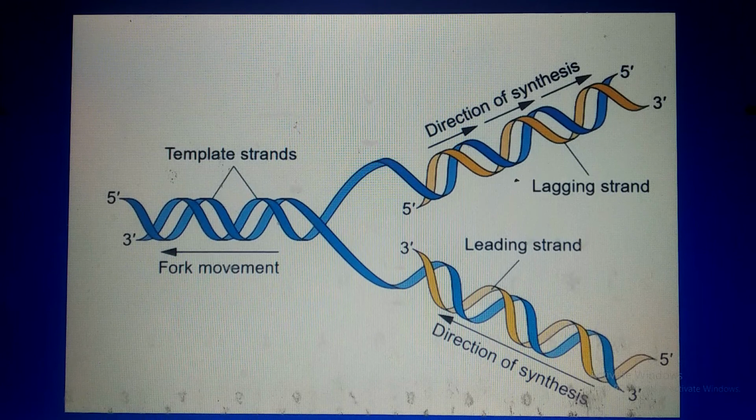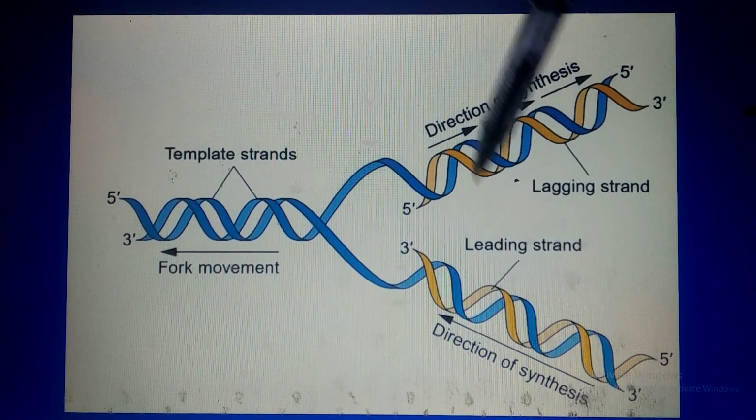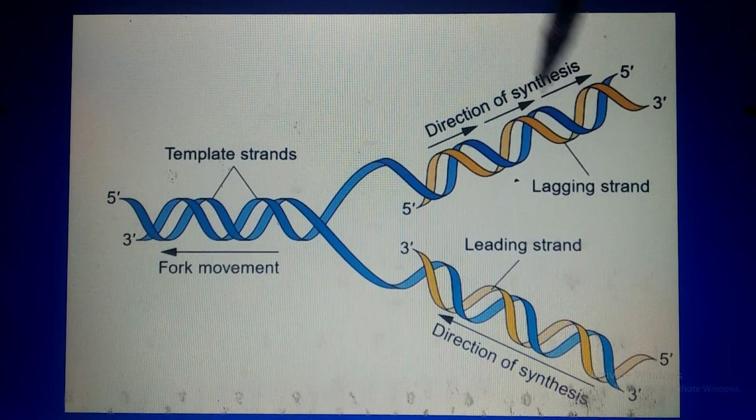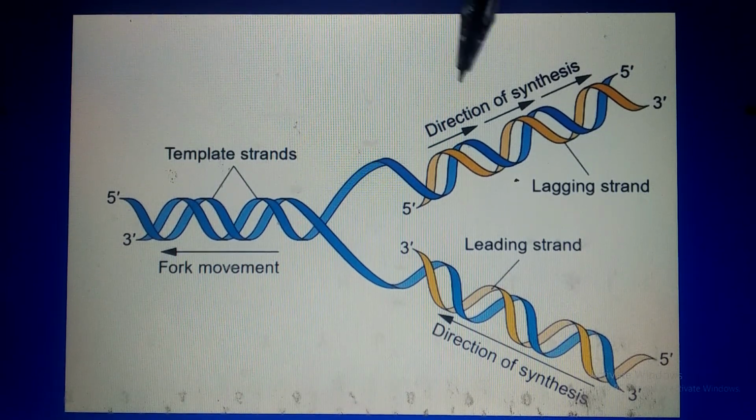As we are familiar, DNA replicates in our cells during the interphase of the life cycle of the cell, in which this double-stranded DNA first becomes single-stranded with the help of the enzymes present inside the nucleus of the cell. So double-stranded is converted into single-stranded, and along the single strand, a new strand is synthesized. As you can see here, the blue and the yellow strand is the new or the daughter strand, which is synthesized along the parent strand. So the synthesis of the DNA occurs from 5 to 3 end,